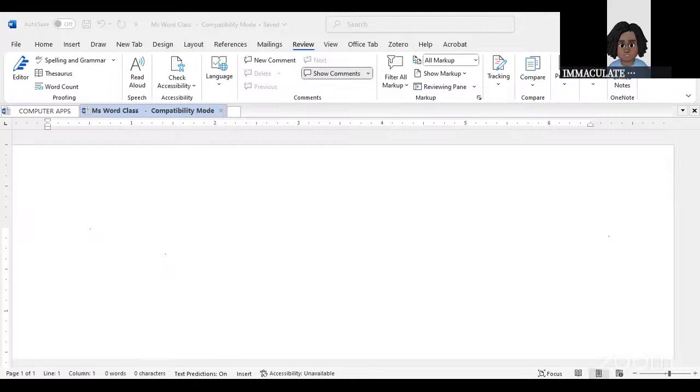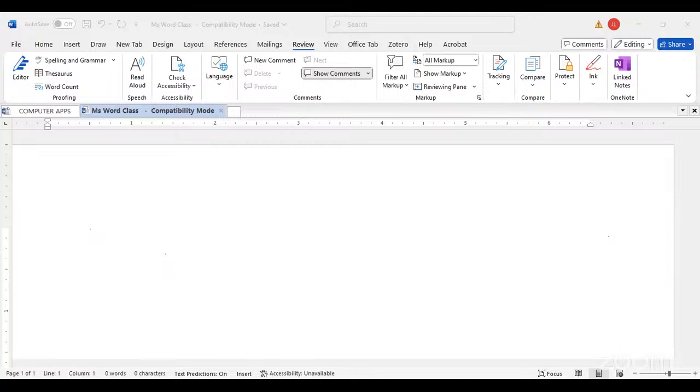One of the things we shall be looking at is working with the Office basics: opening documents, saving documents, text basics, and so on and so forth. Okay. So we're starting with